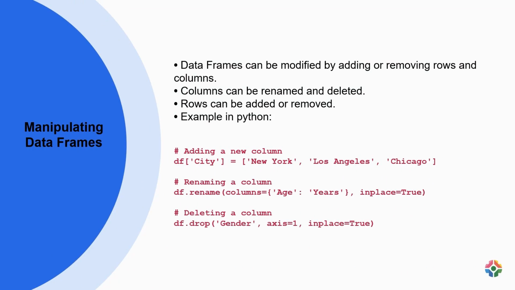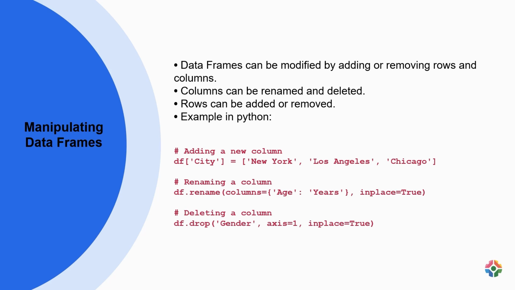Data frames in Python allow for easy manipulation by adding or removing rows and columns. Columns can be modified by renaming or deleting them. For instance, you can add a new column with data using the syntax df['city'] = ['New York', 'Los Angeles', 'Chicago']. Rename a column using df.rename(columns={'age': 'years'}, inplace=True), or delete a column using df.drop('gender', axis=1, inplace=True). Similarly, rows can be added or removed from the data frame as needed, providing flexibility in data management during data